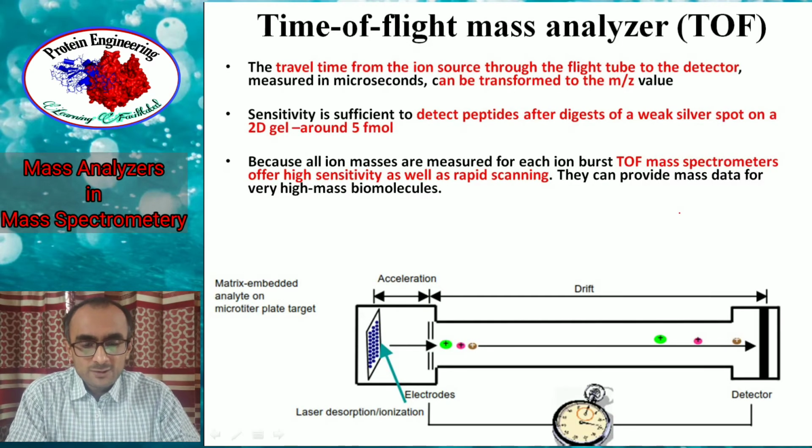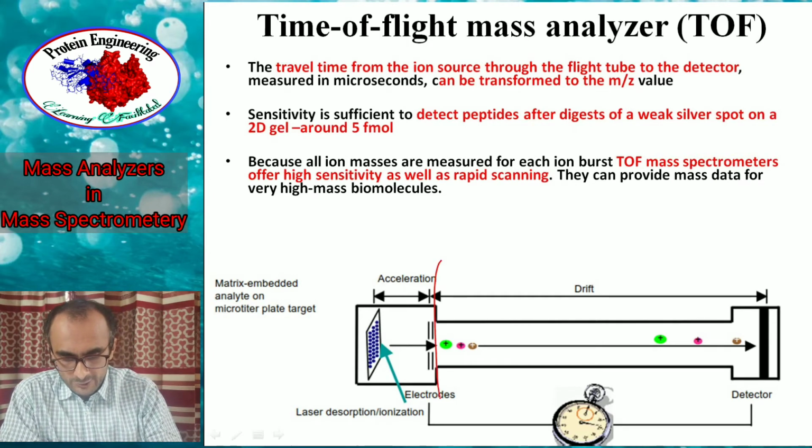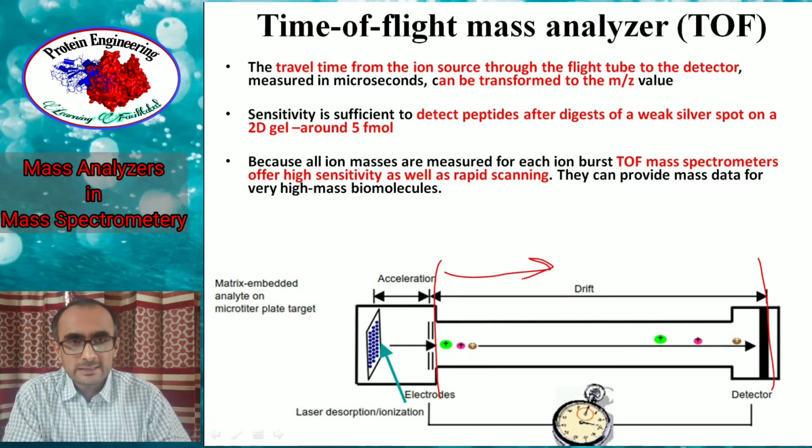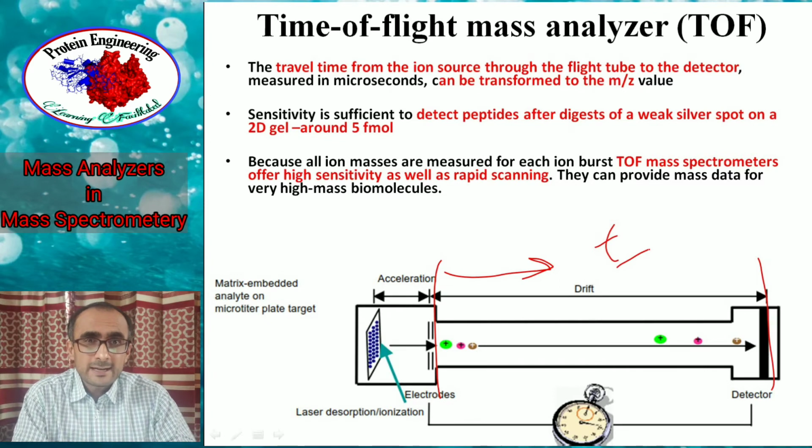Time of flight (TOF) analyzers are also a very common type of analyzer used in proteomic studies. Here you have a time of flight tube, and the flight time of ions from one end of the tube to the detector is measured, and this flight time is converted into m/z of ions. TOF analyzers have very high sensitivity, generally around 5 femtomole, and that much amount is there,